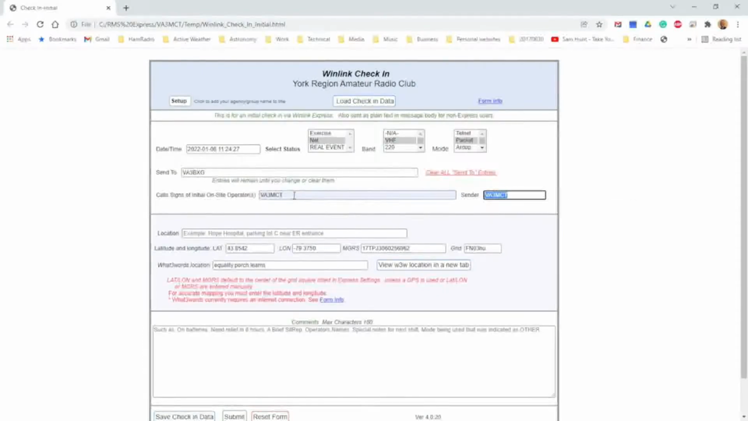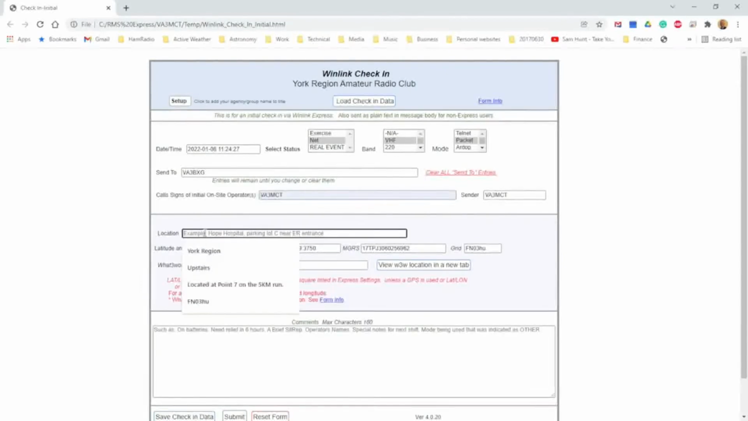But it could be a different operator that's actually operating. So if I was working at an emergency operations center that had an assigned call sign, they would probably have that set up as their call sign for the EOC, and I would use mine as the actual operator that's sending the detail. Now location, I've used this before, so I can just say it's York Region, but also the